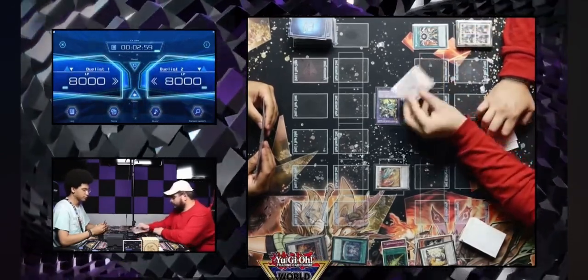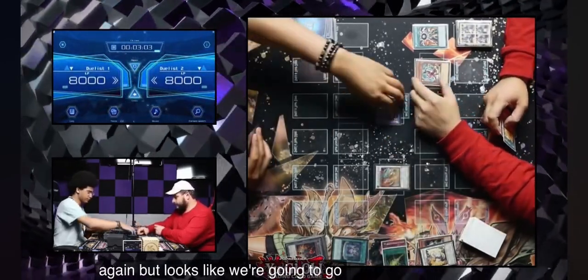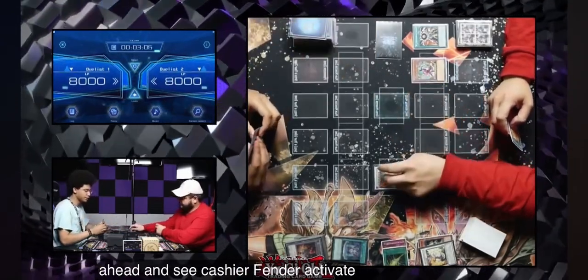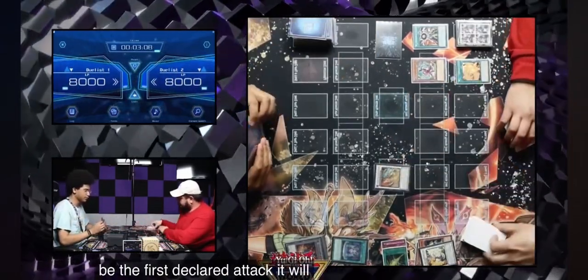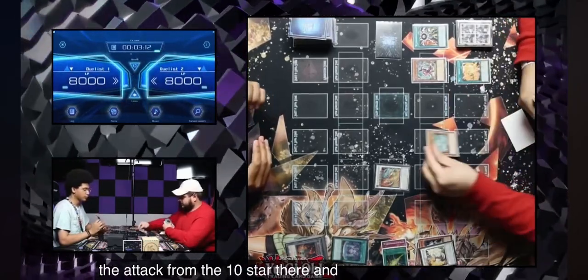Again, it's just good to see all of these big Fire Dragon Synchro monsters again, but it looks like we're going to go ahead and see Kashtira Fenrir activate its effect when it attacks. That'll be the first declared attack. It will banish that card. Then we're going to see the attack from the 10-star there, and then the activation from the hand of Sangen